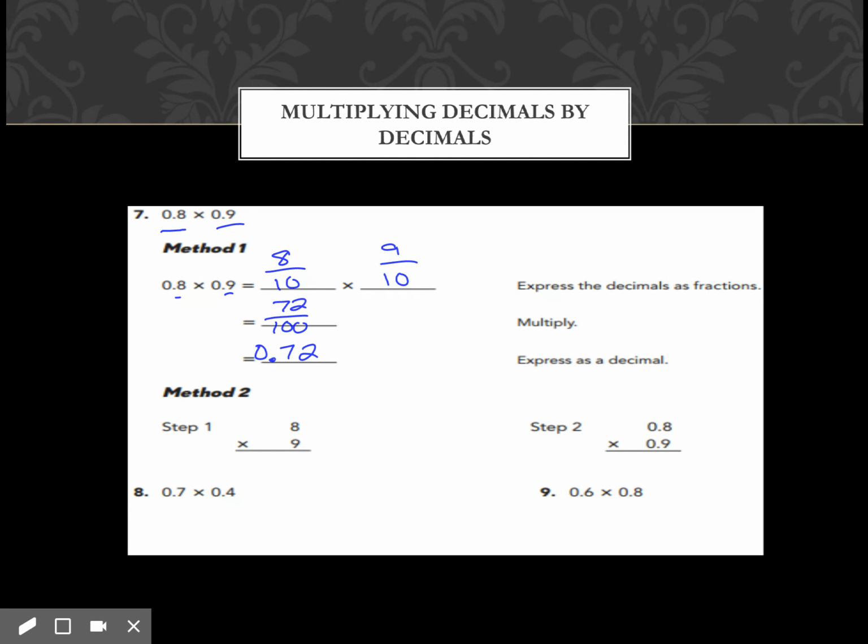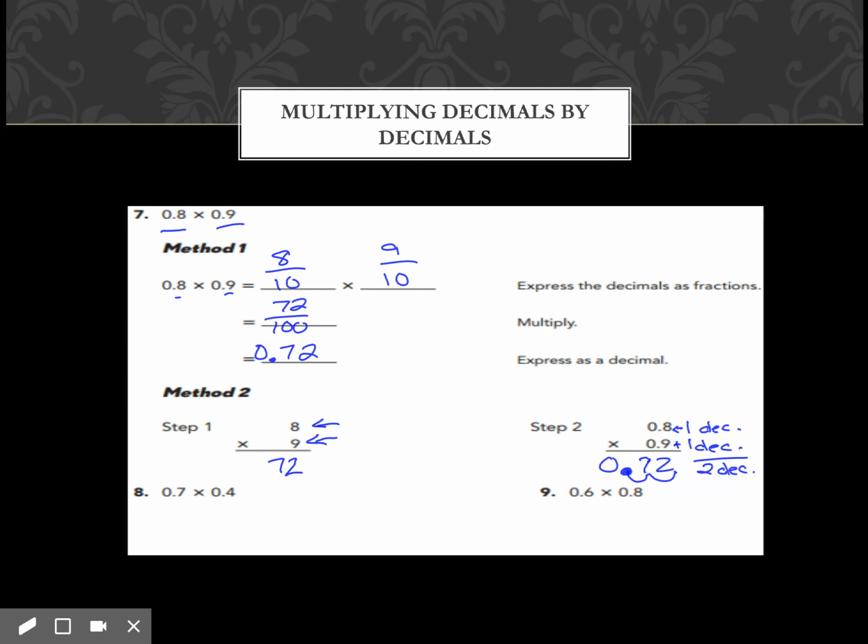And again, that's the hundredths place, so I know the 7's in the tenths place, and my decimal goes before that. Or I can just do regular multiplication. 8 times 9 is 72. And so now in here I have one decimal place in 0.8 plus the one decimal place in 0.9. So in my answer, I need to have 2 decimal places. So I start at the back, go 1, 2. My decimal's in front of my 7. And again, if I don't have a non-zero digit in the ones place, I want to put a 0 there